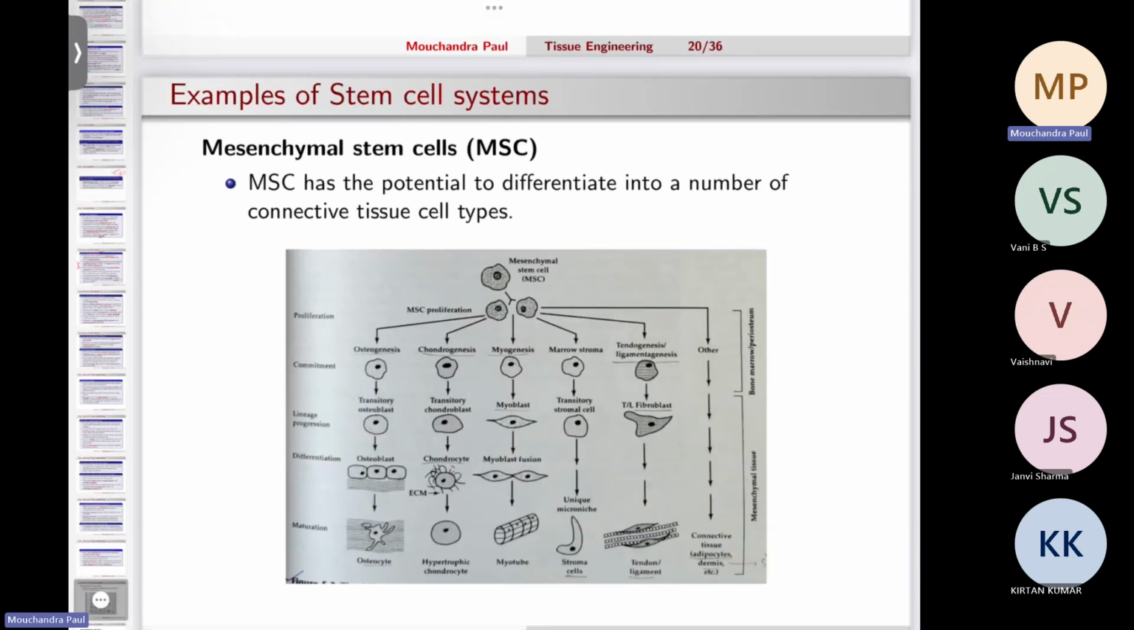So any queries so far related to the topic that we discussed just now, how stem cells are used for tissue engineering, why they are used? Okay, is there any query? No, ma'am. Okay,